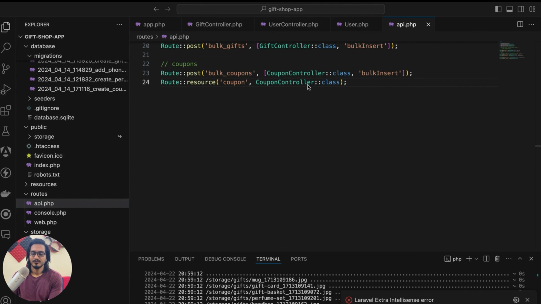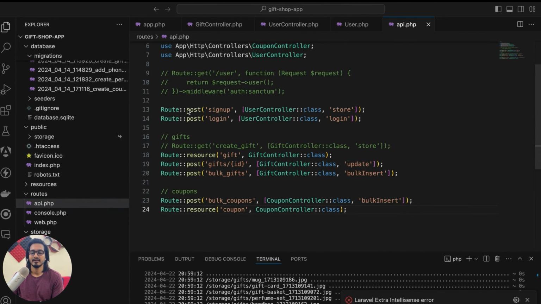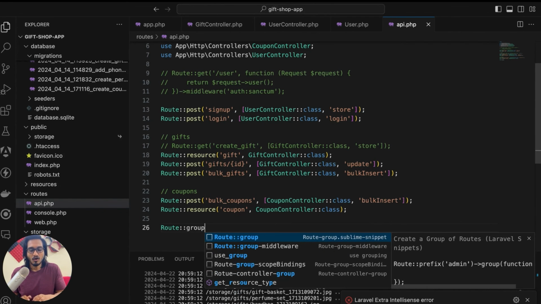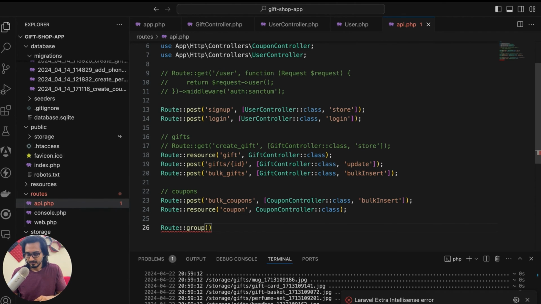But this time, I'm not going to pass it directly like the way we did for login and sign up, because this time it has to be done if you are authenticated, then only you can log out. So for doing that, I will use Route::group. So I'm going to pass all the routes within this particular group, where I'm going to check with a middleware. You can pass a single middleware also by giving an arrow symbol, but I'm going to check it in this particular way for a group of routes. So arrow symbol, in which I will check within this array auth: